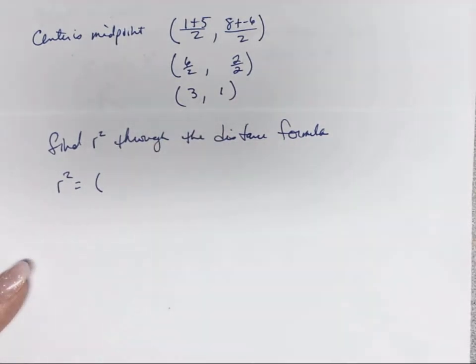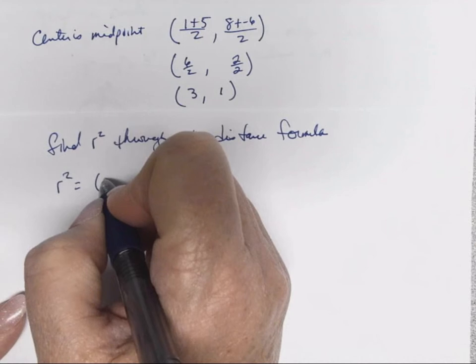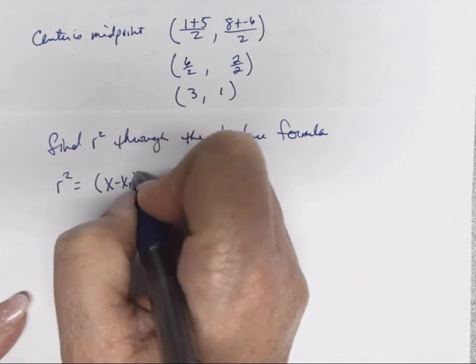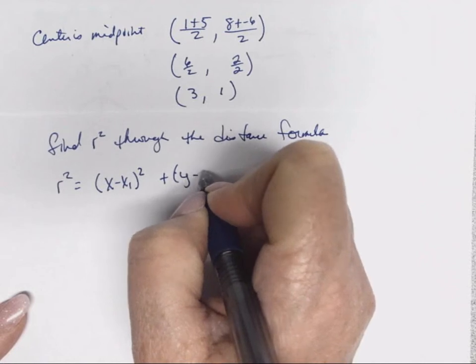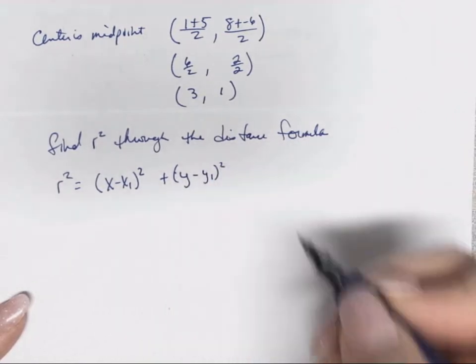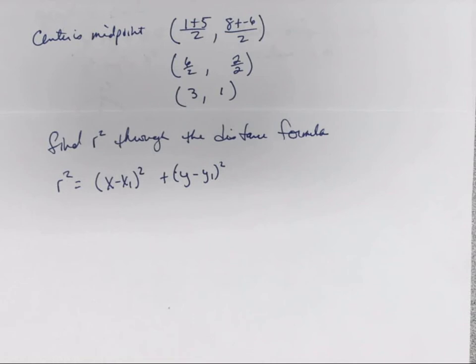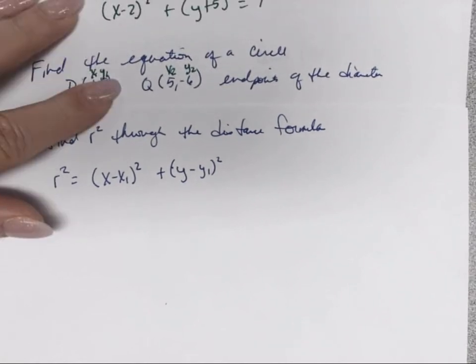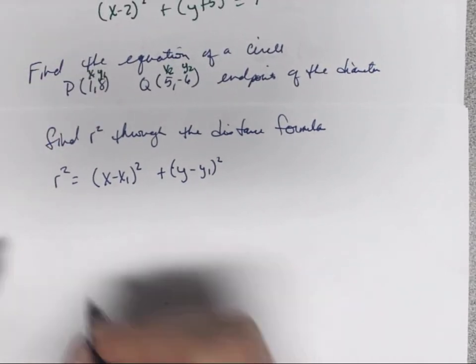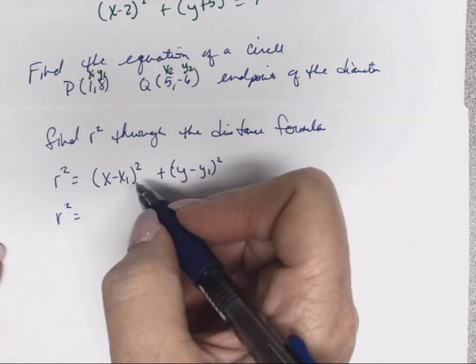Because we need r squared for the formula. So we have x minus x sub 1 squared plus y minus y sub 1 squared, or you can do x sub 2 minus x sub 1 as long as they're two different values. And our points again are our (1, 8) and our (5, -6). So we have r squared is equal to